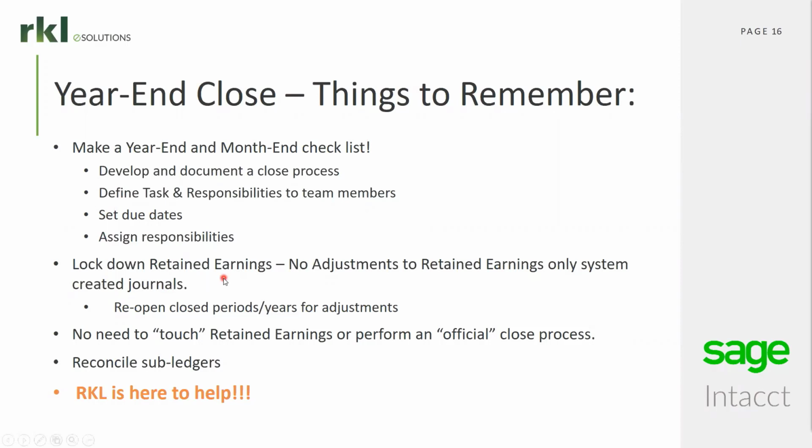Lock down retained earnings. No adjustments to retained earnings, only system created journals. Again, maybe your specific use case would require that. Before you just go rogue and start doing that, please confirm that. If you're still implementing or you've just recently implemented, contact your implementation specialist that you worked with. If you've been using it for a while, no problem. If you have any questions on that, and maybe